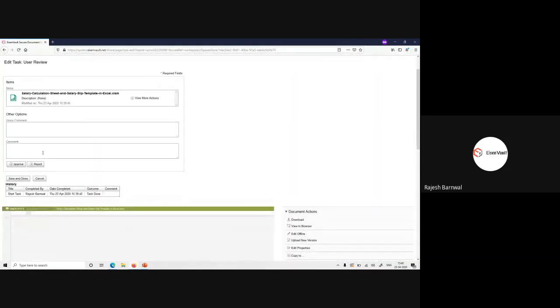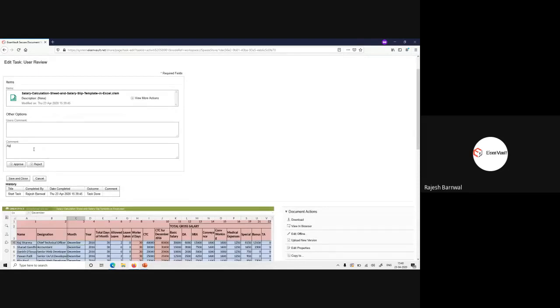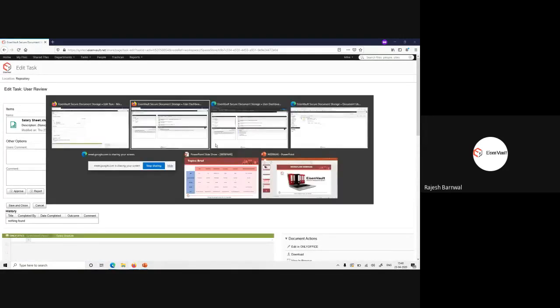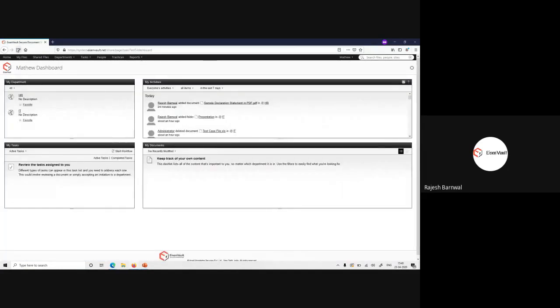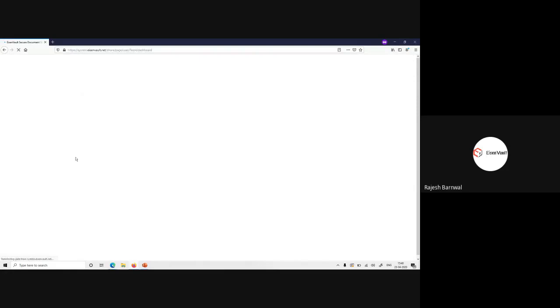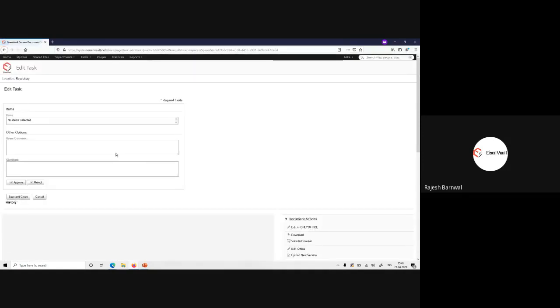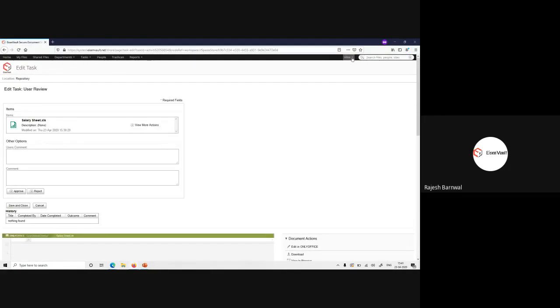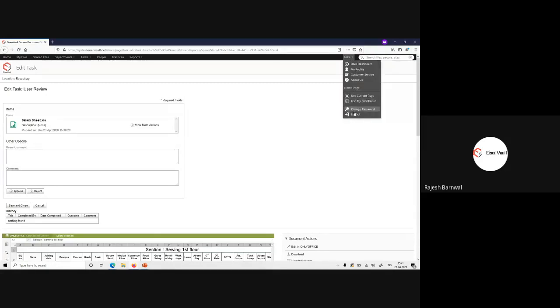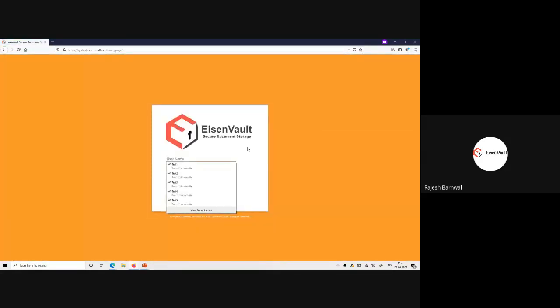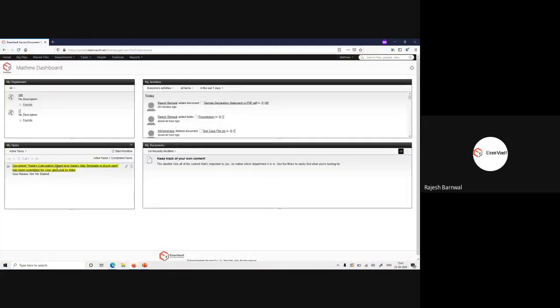Now this time I add the comment "approved" and click on approve. Now it will go to the second approver. The second approver is Matthew. So this is Matthew's login. He received the task. The salary calculation sheet was submitted for approval by Mike.